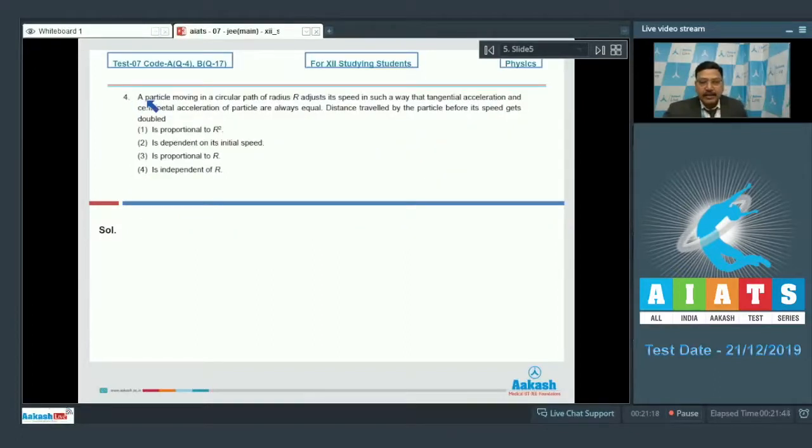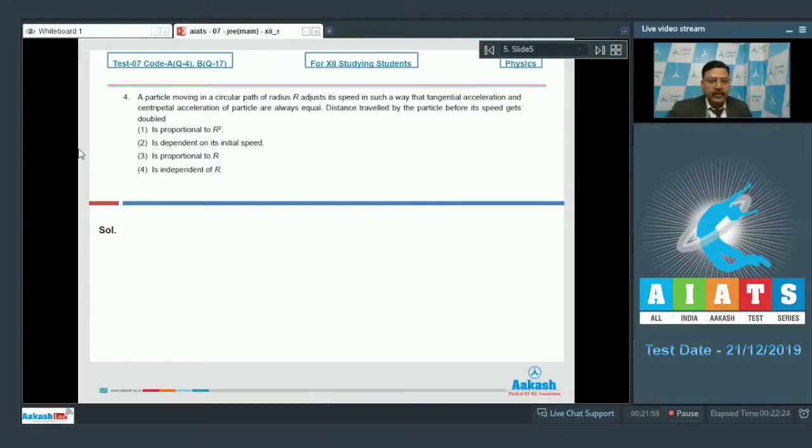Question 4 says, a particle moving in a circular path of radius r adjusts its speed in such a way that tangential acceleration and centripetal acceleration of particle are always equal. Distance traveled by the particle before its speed gets doubled is proportional to r square, is dependent on its initial speed, is proportional to r, is independent of r. Okay, obviously the question is from the topic kinematics or motion in a plane,